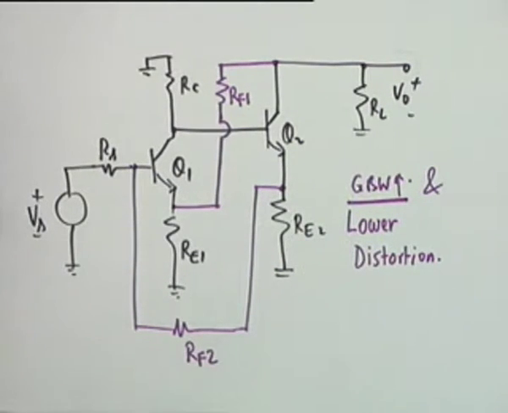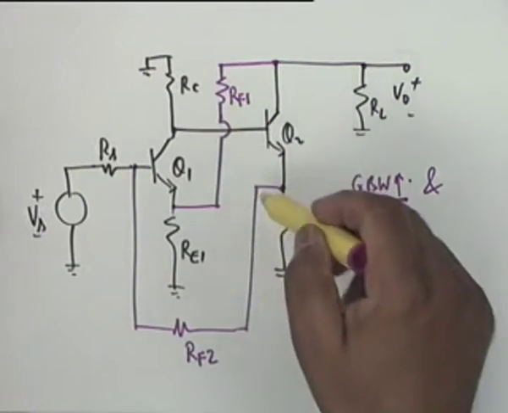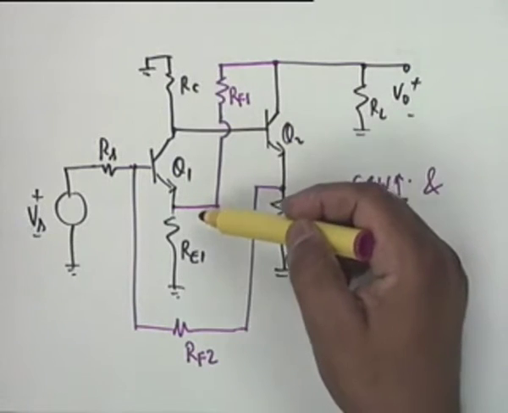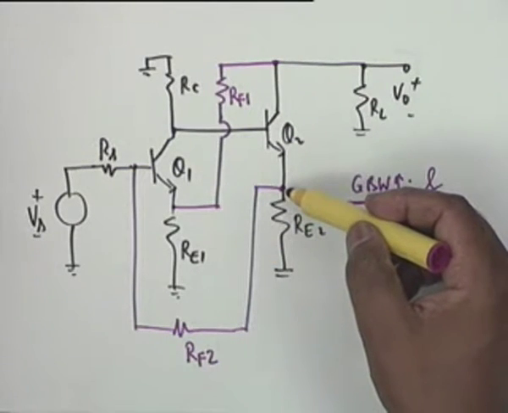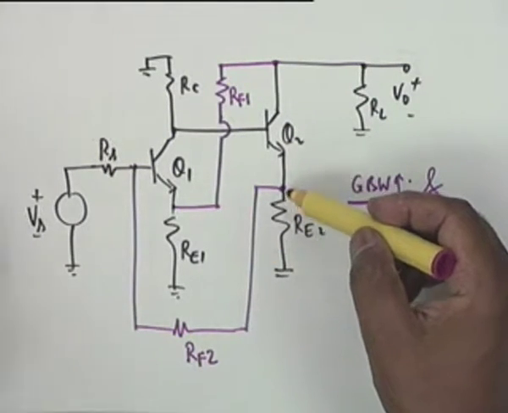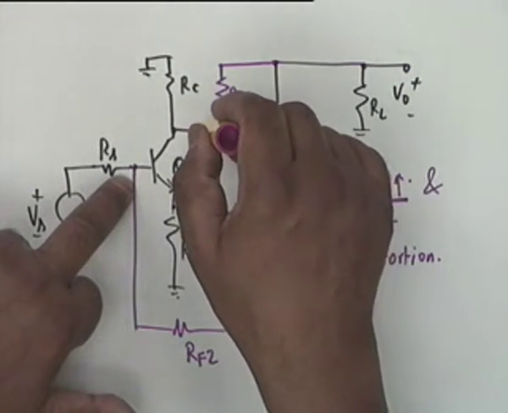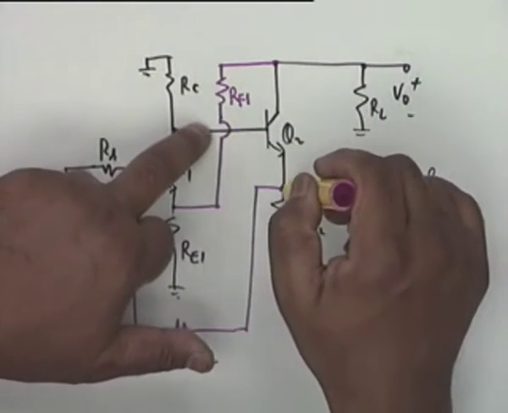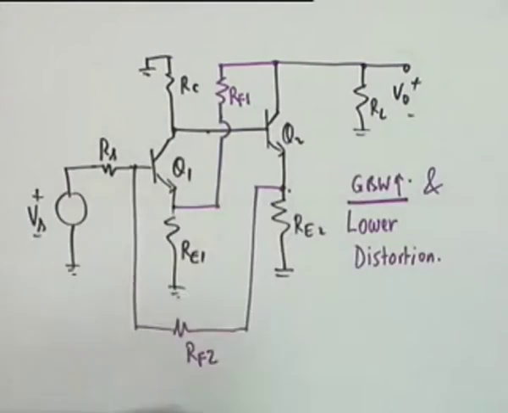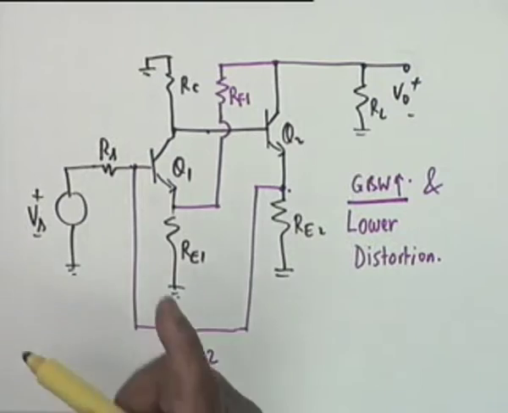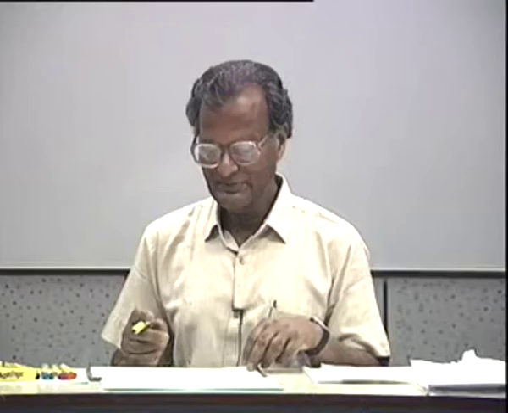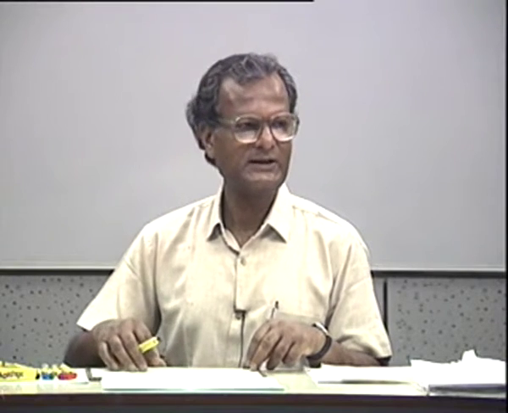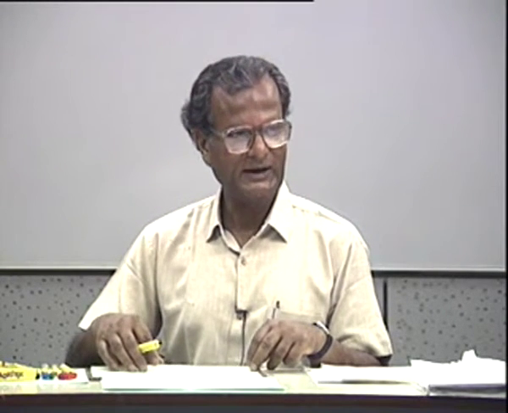Now, is it obvious that both feedbacks are negative? This I have shown is negative. What about this? Is this negative? Between this voltage and this voltage there is a phase shift of 180. Between this and this there is no phase shift, and therefore indeed it is negative feedback. Both apply negative feedback, and the purpose of dual loop feedback, I repeat, is to precisely control R sub I